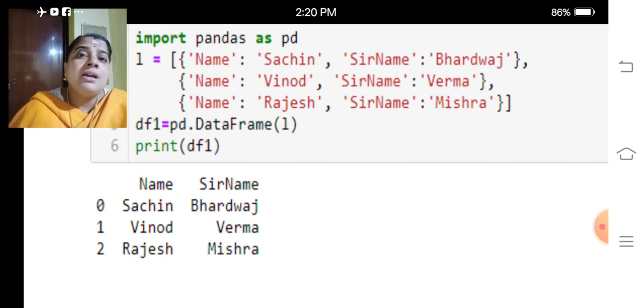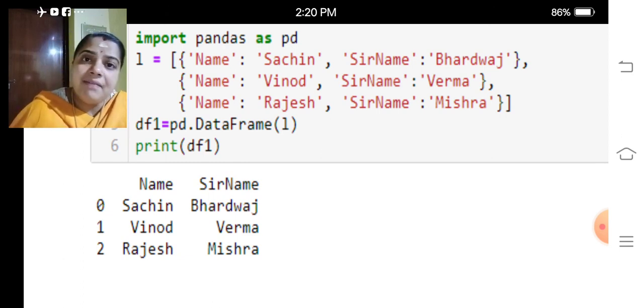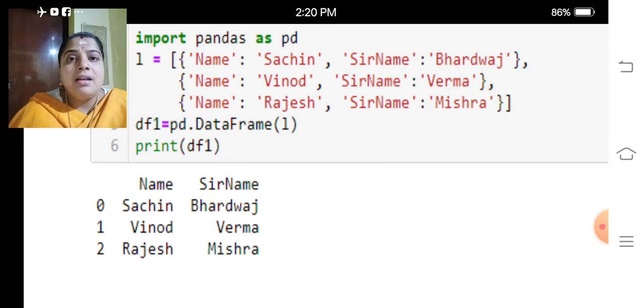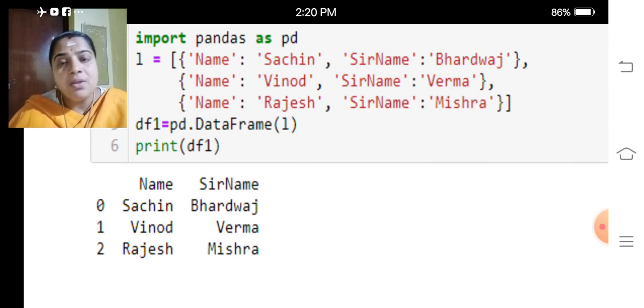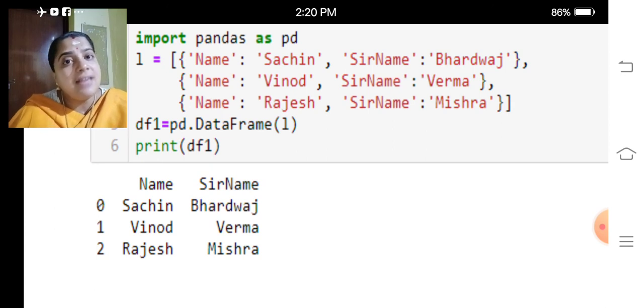So my dear children, try to create a data frame like this. You can make a data frame with your own dictionary which has a list. And one more thing, in this module we discussed two types of creation of a data frame. One is with a dictionary of series and another with a list of dictionaries. Try these two programs in your Python software. Either you can try on your system or on the phone itself. The next one we will discuss in the next module. Thank you.